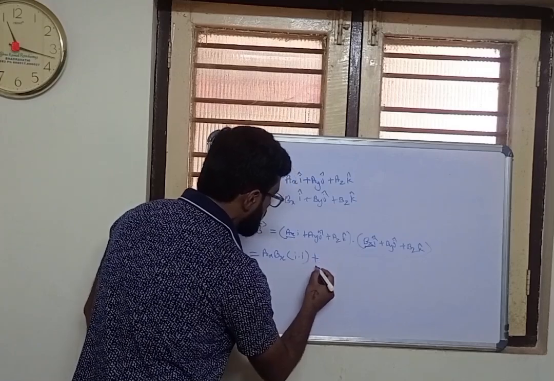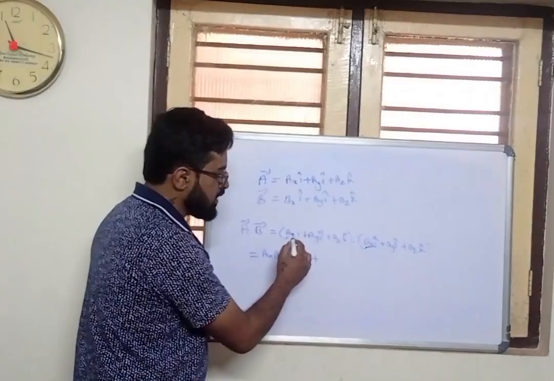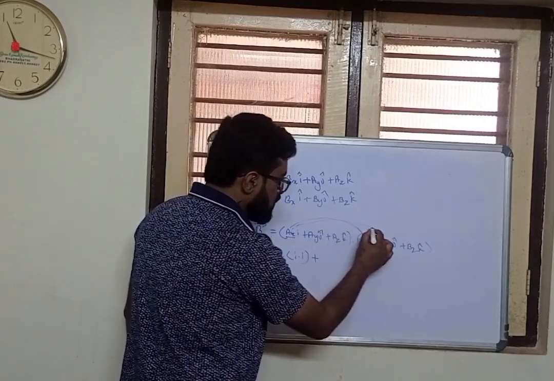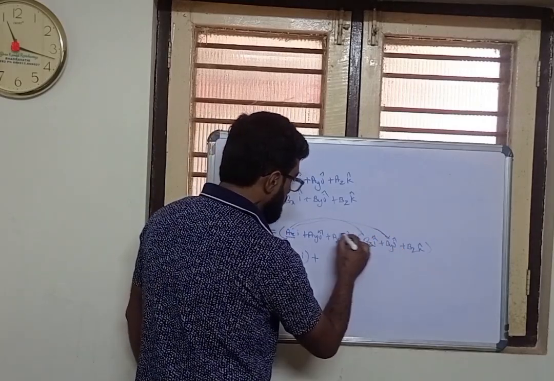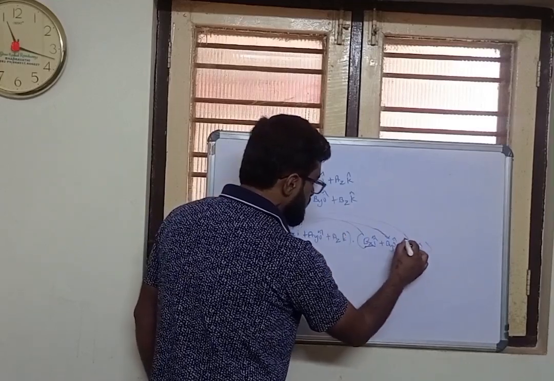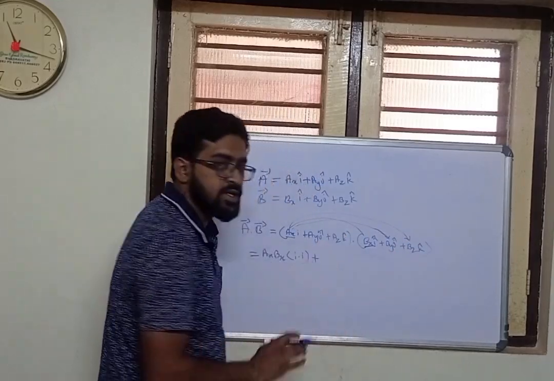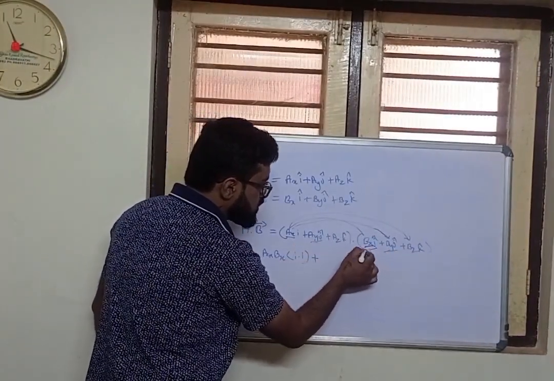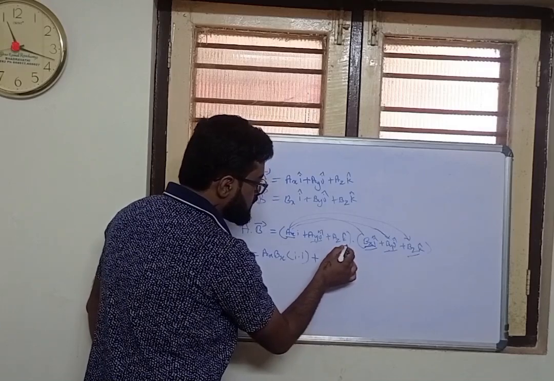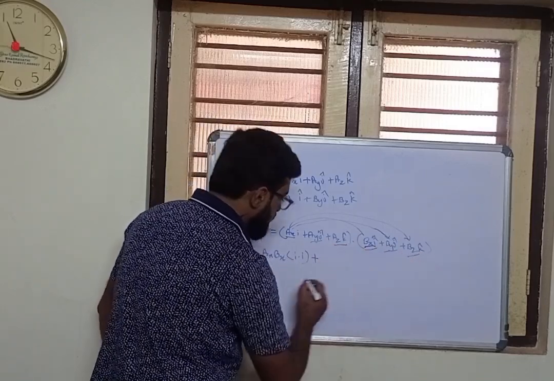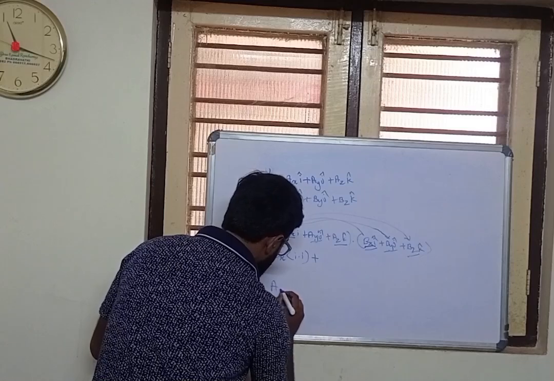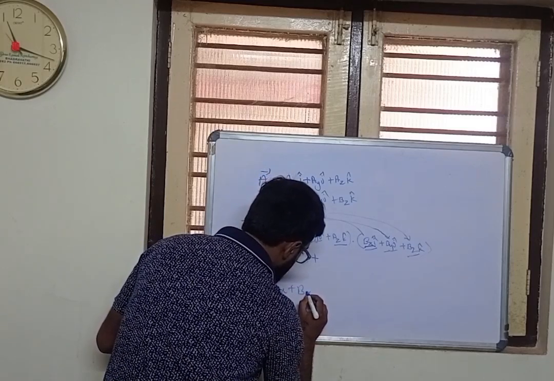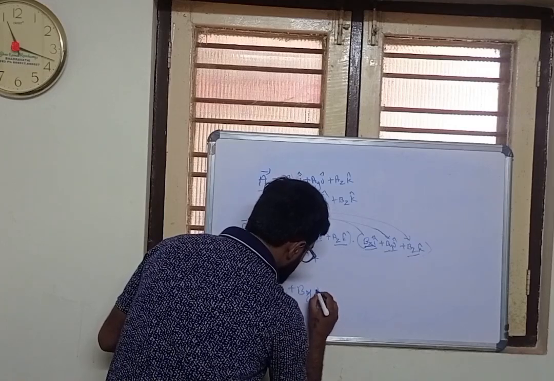plus. In the same way, we multiply this with this, with this, and this with this, and also in the same way we multiply this with this and this. We multiply this along with all these three and we get ax bx, ax by plus